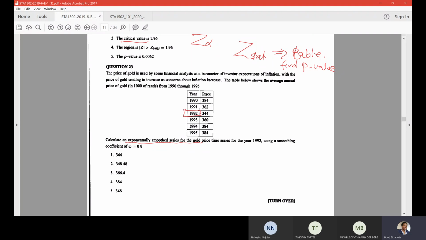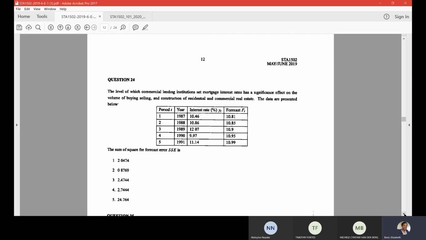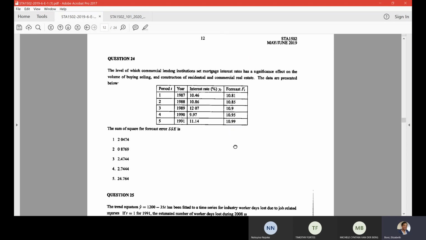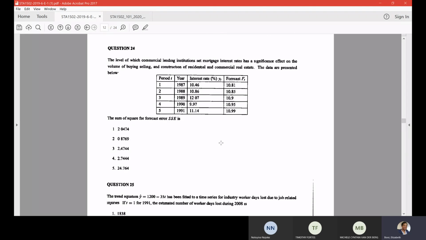So if you want to see how we calculated this, you can go to the last session we did on time series. This was one of the exercises that we did in class. So we did exactly this exercise. So I'm not going to go into detail on this one. We also did this one in class. So on this one, it's asking for the SSE. So remember your SSE,